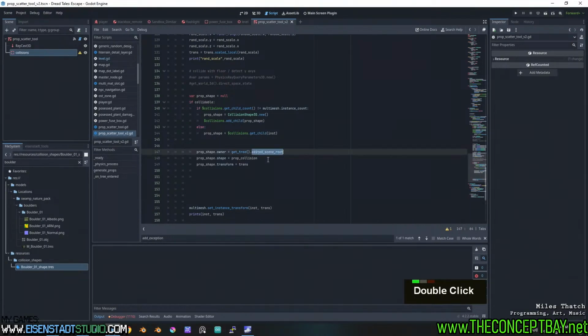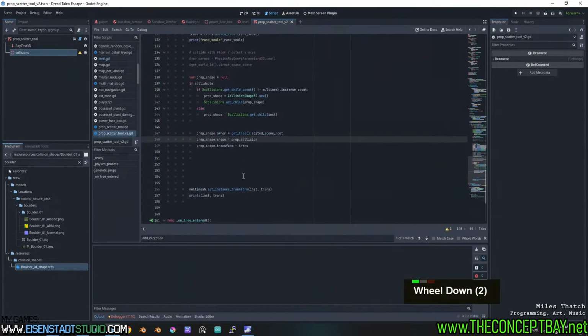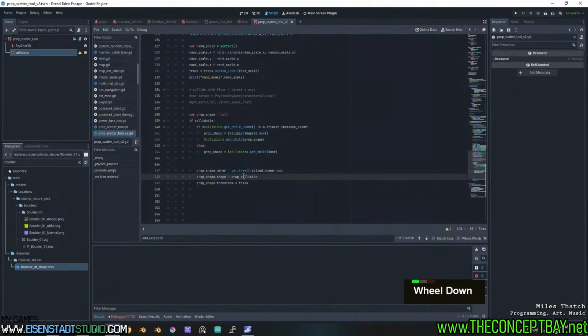Edited scene root. We are doing it here. See, I was doing it earlier. Just totally forgot how to do it. Yeah, maybe Godot should be saving it to the physical file manually. Maybe. Okay. So,